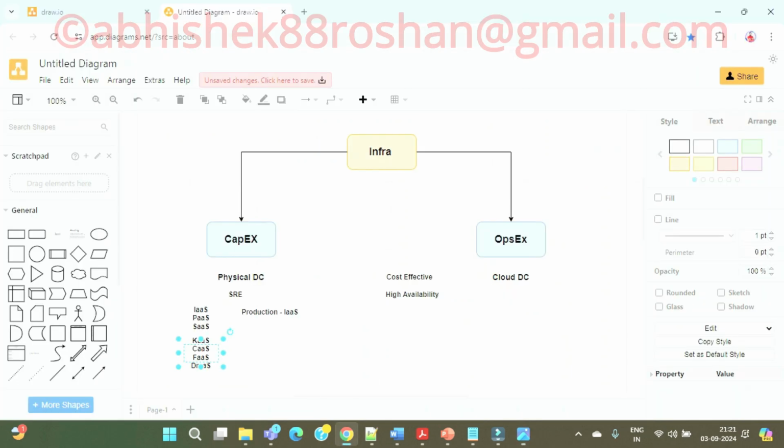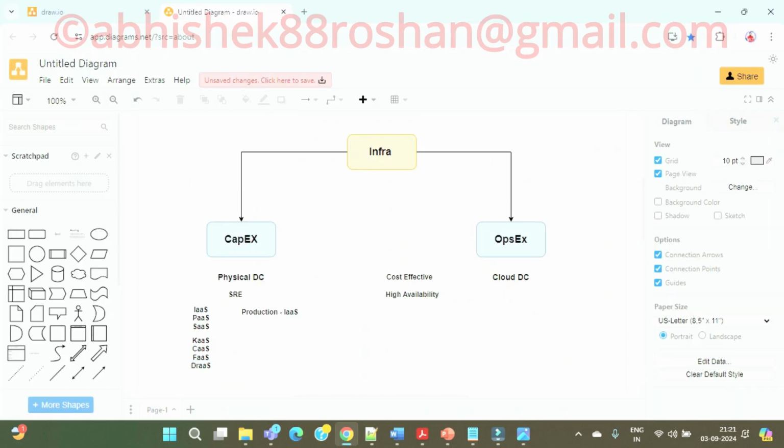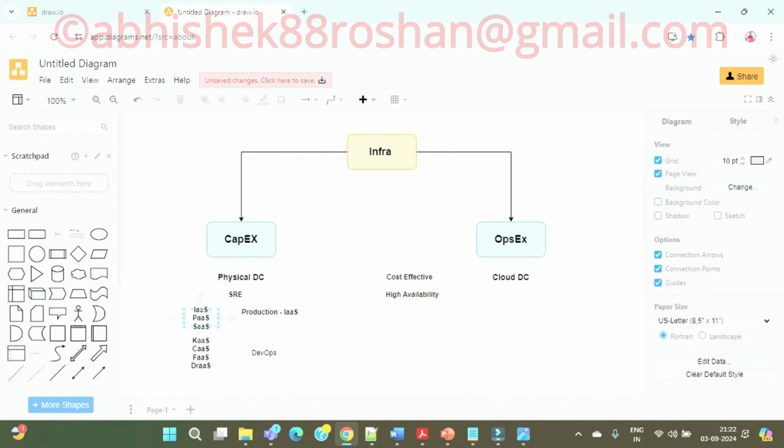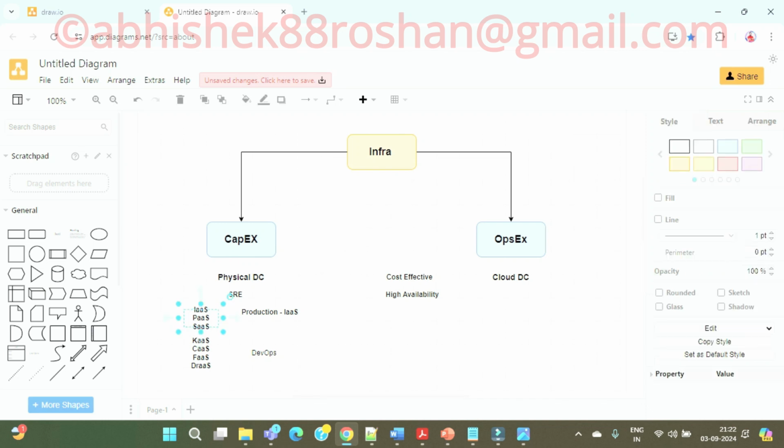But now in DevOps, you can categorize these four into DevOps, according to the current trend, or according to the migration activities happening nowadays. Let me name it over here. So this comes under your DevOps, and these four come under your cloud.